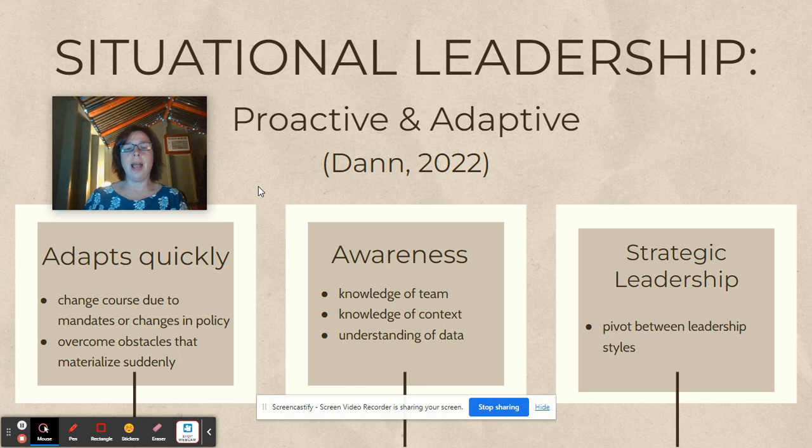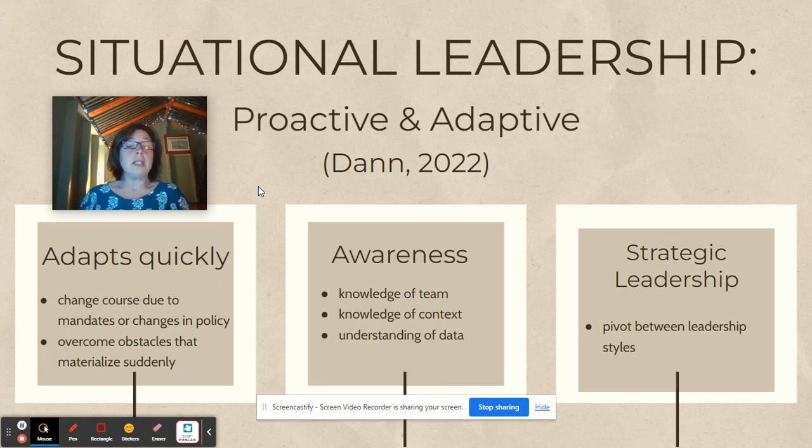As a situational leader, I must be aware. As the AVID site team coordinator, I have a very good knowledge of my team. It's a small group of people, there are only 8 of us, but I have a very good understanding of the strengths and weaknesses of each team member. I also know each person on a somewhat personal level, at the very least, so that I can understand the forces that are impacting them outside of school so that I can make the best use of my time with them and also get the most from them without imposing any more than I absolutely have to.